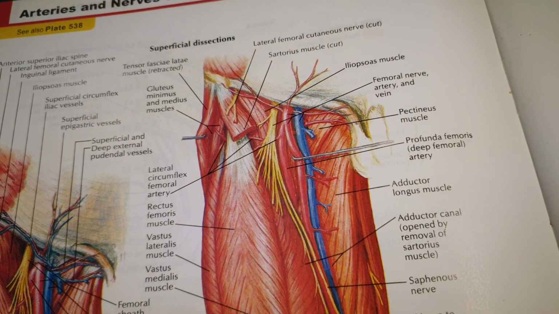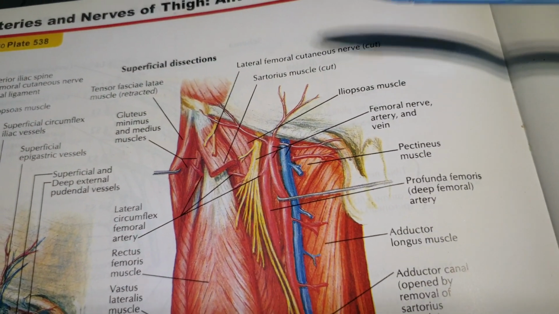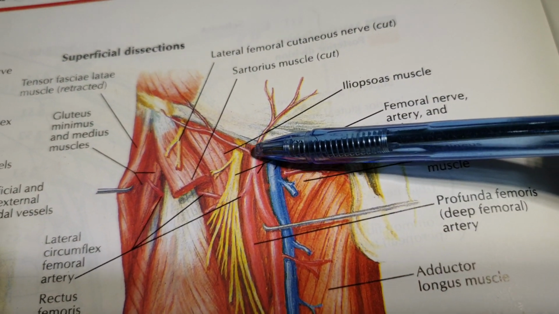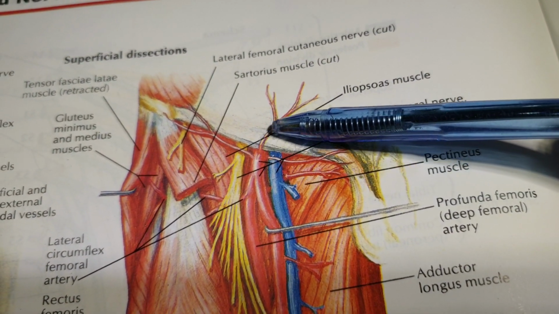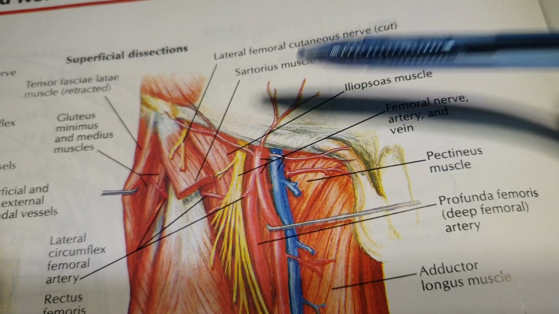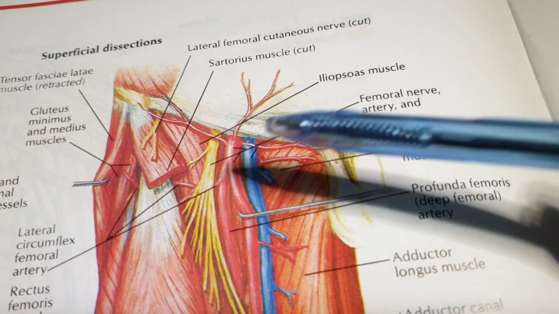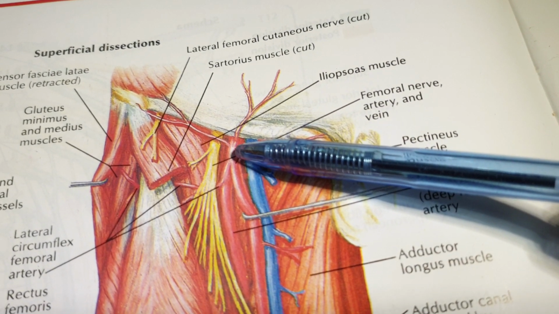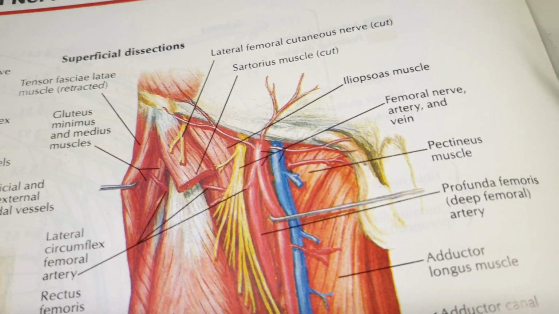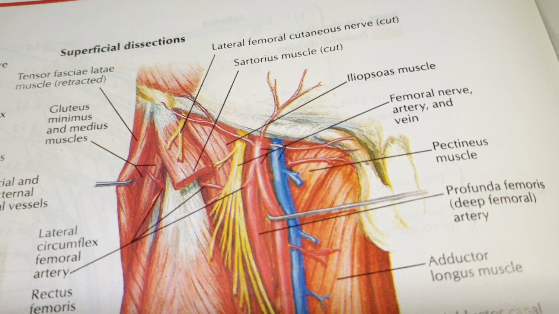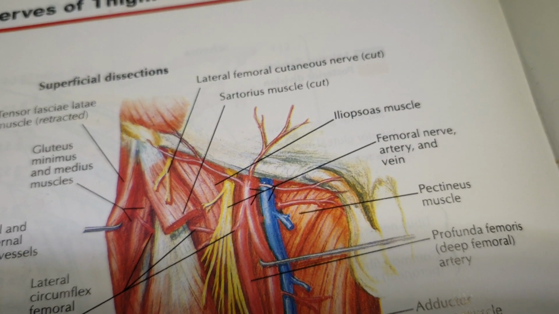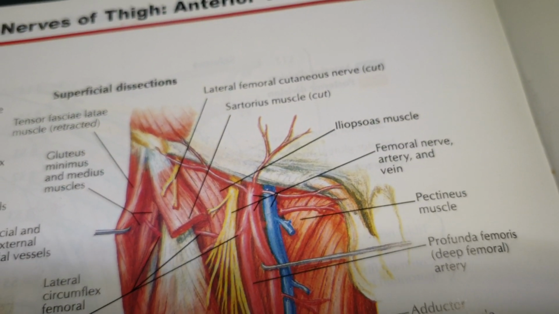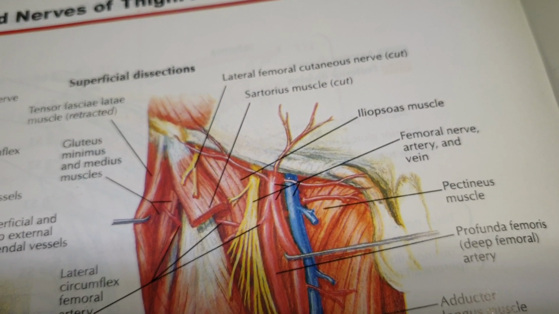Now let's discuss the branches of the femoral artery. There are three superficial branches of the femoral artery, the first being the superficial epigastric artery. This superficial epigastric artery emerges from the anterior aspect of the femoral artery, and it leaves the femoral triangle by passing through the saphenous opening and pierces the cribriform fascia, which is covering the saphenous opening.